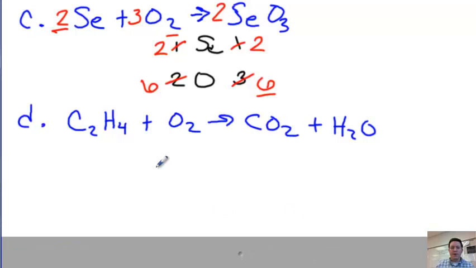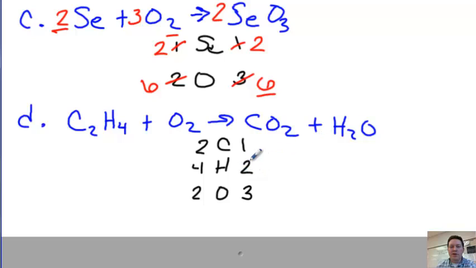Alright, the next problem I have involves 3 elements in this equation: carbon, hydrogen, and oxygen. Making a quick tally of what I have: 2 carbon, 4 hydrogen, 2 oxygen on the left; 1 carbon, 3 oxygen (2 here, 1 here), and 2 hydrogens on the right. So just working my way down the list,